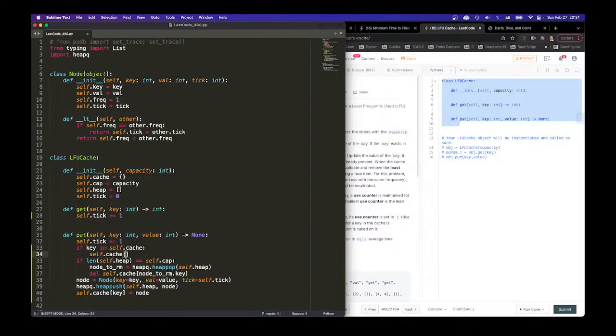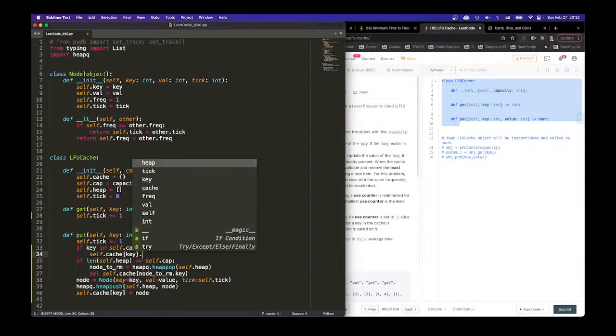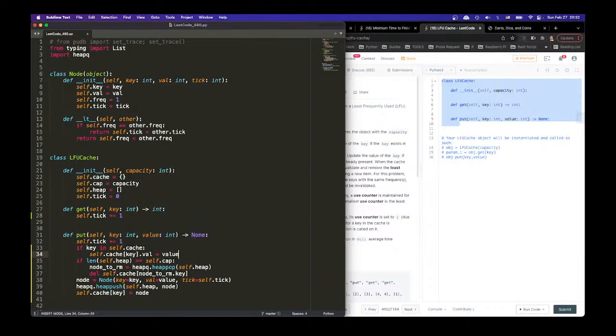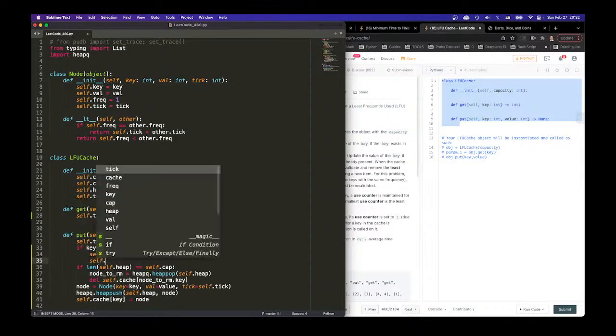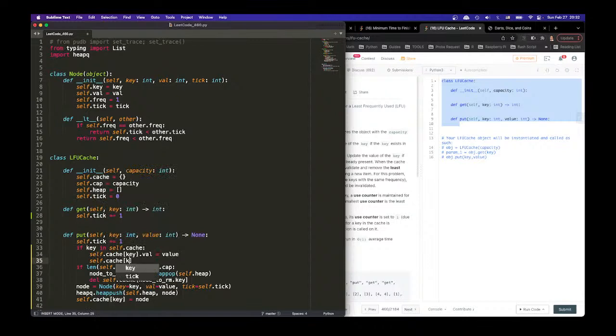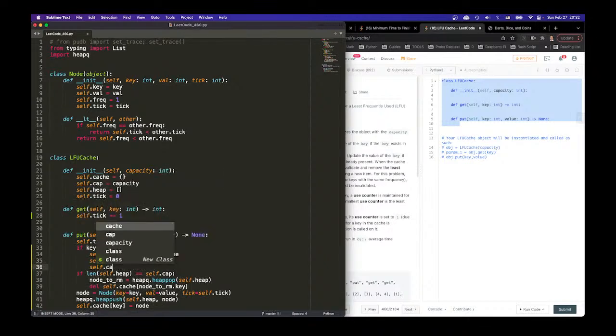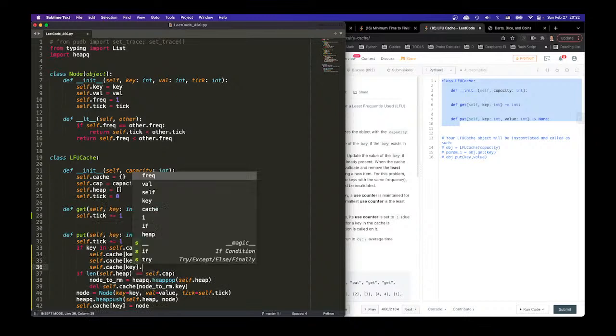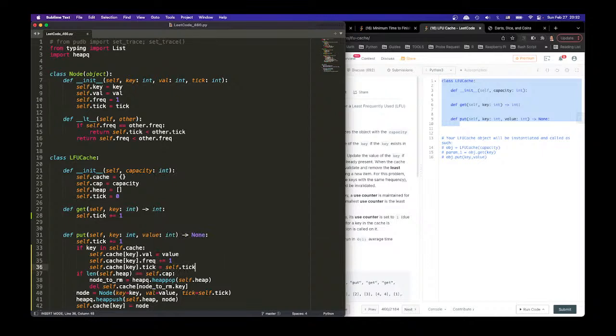self.cache key, that's the node.val, what equals to the new value, so we're updating the value. And self.cache key dot frequency needs plus equal 1 because I use them more frequently, and self.cache key last one's the tick needs to equal to current tick. And after that, we're gonna do